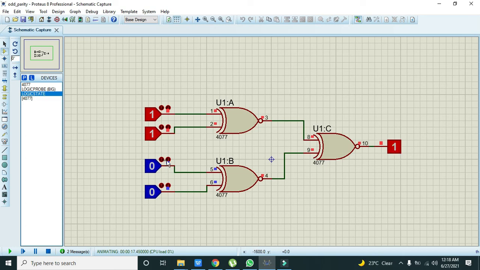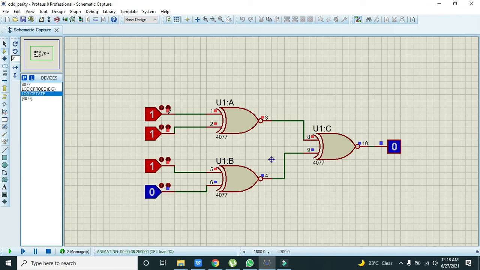If we change it to the odd one, now it is 3, so it is an odd number, and our output changes to 0. So when the number of ones is even, the output is 1, and when the number of ones is odd, the output is 0.